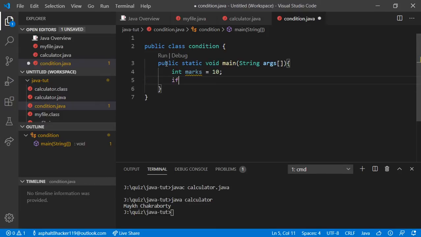Now if I say if marks is equals to, see, the equals to sign when used singly means initializing. You are transporting the value of 10 into marks. But here we are not transporting any value into marks, we are comparing. To compare you have to use the double equals to sign and a new value. Let's say if marks equals to 50,